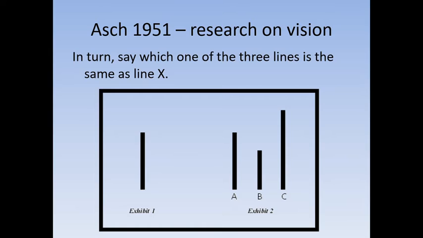First participant says the answer is C. Second participant says C. Third says C. Fourth says C. And so on until it gets to the real participant. And all this time the real participant is thinking, really, it's not the same length as C. Why is everyone saying it's the same length as C? What shall I say? And what he wants to know is, will that person give in to the group pressure, and will they say C as well when it's clearly not C, just to fit in and avoid looking silly.